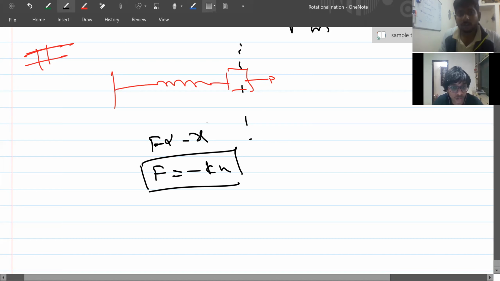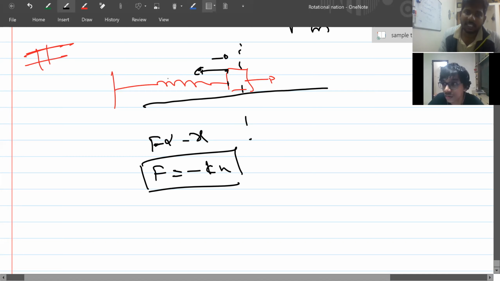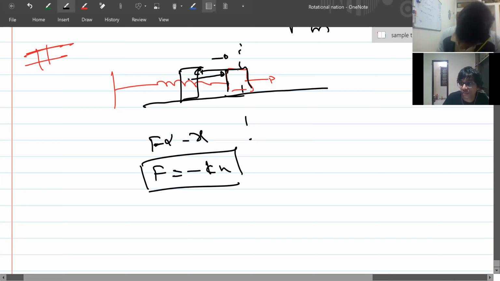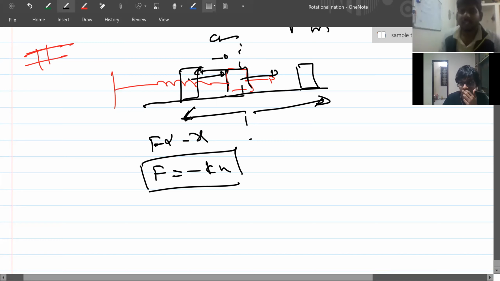If it is a smooth surface, it will keep on oscillating till the end of time, eternally. While coming back, force will be towards the right side, and slowly the block's velocity will decrease at the extreme position, and again the block will attain some velocity in this direction. At the mean position the force becomes 0, but due to inertia it goes towards the right side. Again force will act backwards, slowly decreasing the velocity until it reaches the extreme position. You know this motion, right? It has to happen eternally, but will it happen? No, sir. That is free oscillation.